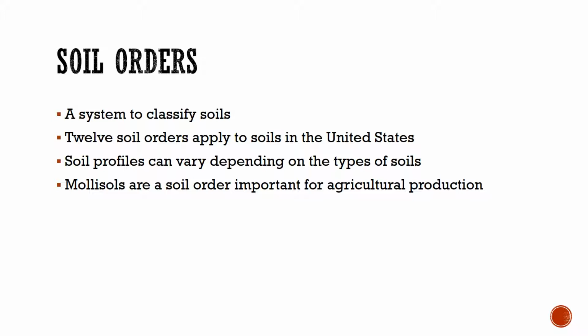All right, so soil orders. This is really important because this obviously tells the story of how long our soils have been on this earth, and this is just a way for us to classify what kind of soils we have on this earth. So there are 12 that apply to us in the United States. Mollisols are the most important soils within agriculture production in the United States. With a mollisol order, we can really grow a lot of great yields, we can grow a lot of great crops, and that's really important for the way we farm. And so that soil order is my favorite, and obviously agriculture's favorite as well.